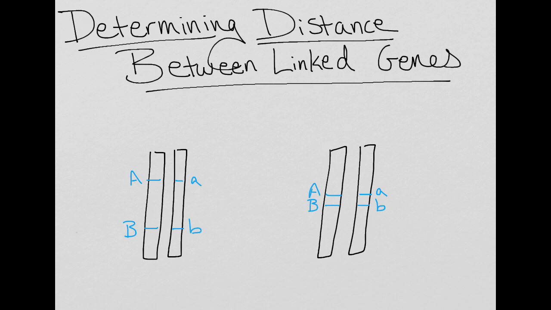In this video, we're going to just talk briefly about how we determine the distance between linked genes. As you could probably expect, you have multiple scenarios with linked genes, and I've shown two of them here. In this first scenario, the genes A and B are pretty far apart, and in the second scenario, they are closer together, and the likelihood of crossing over increases